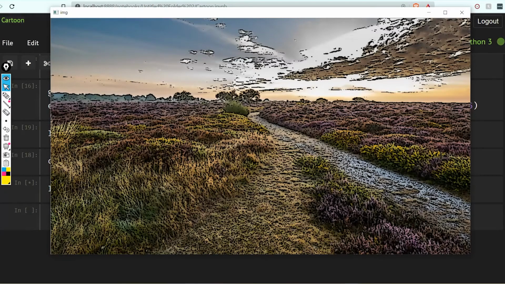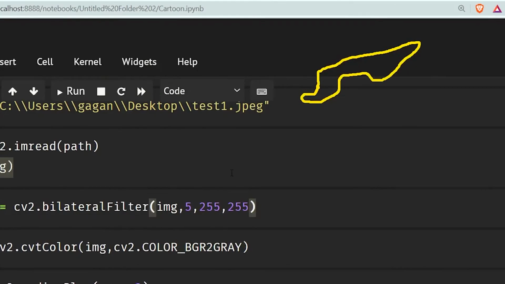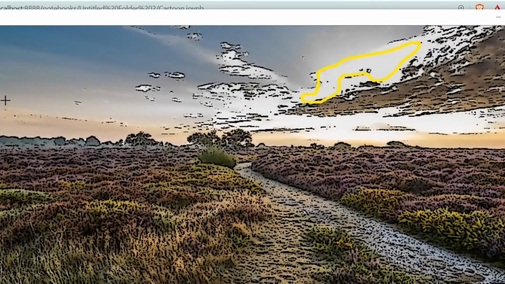Now as you can see here, it is looking a bit cartoonish, and if you look closely at this part, this is the concept that I was talking to you about in the bilateral part, that it is going to mix the kind of colors. So it has mixed the colors. Also, if you see here in the green part, it has mixed all the colors. Same with here, same with everywhere.